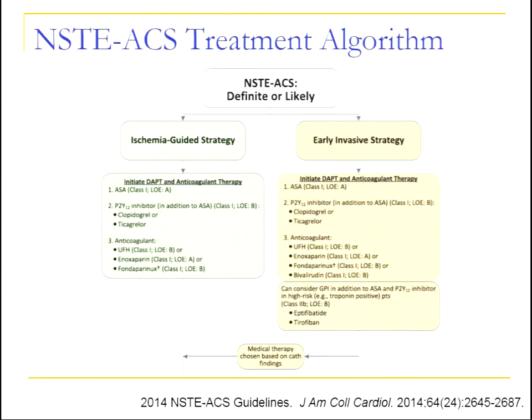Okay, so this is just a pictorial of the guidelines. So this is where our patient fits in. Everybody's going to get aspirin. She's going to get aspirin. Everybody's going to get a P2Y12. And then we are also going to consider maybe a GPI in her because she's high risk. She's positive troponin. We haven't loaded clopidogrel yet in her, or ticagrelor in her, so we might consider a GPI in her. And then